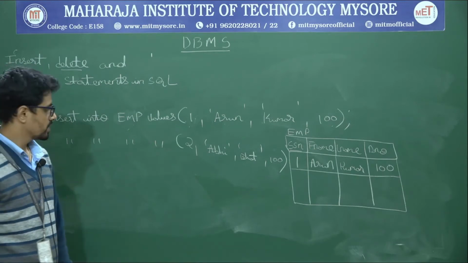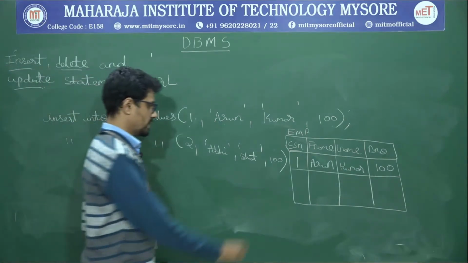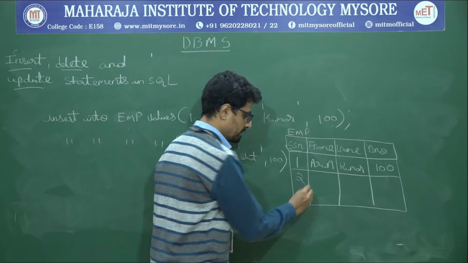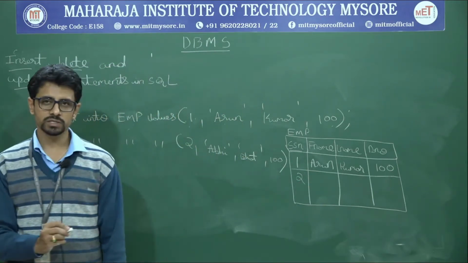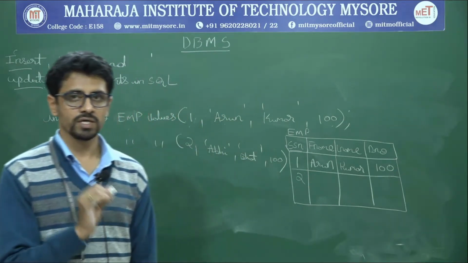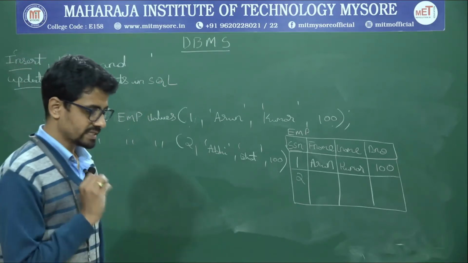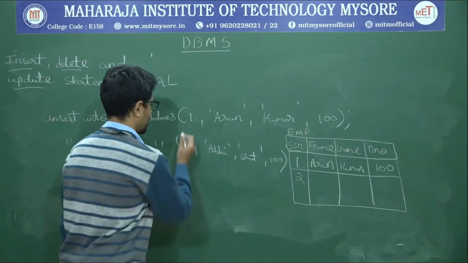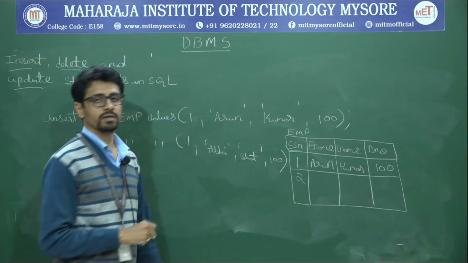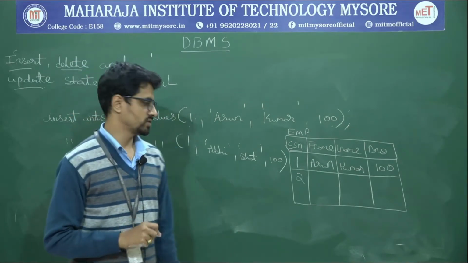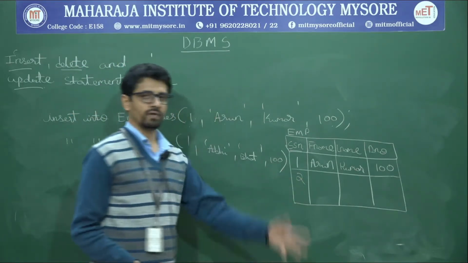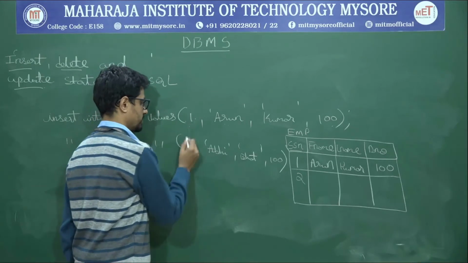Now when I do this, the values get inserted automatically, but make sure that the constraints we have given are followed. Let us take it one by one with examples. What if I give 1 again? It is a violation of the key constraint. If I try to insert 1 here, it will tell me that I have violated the key constraint.